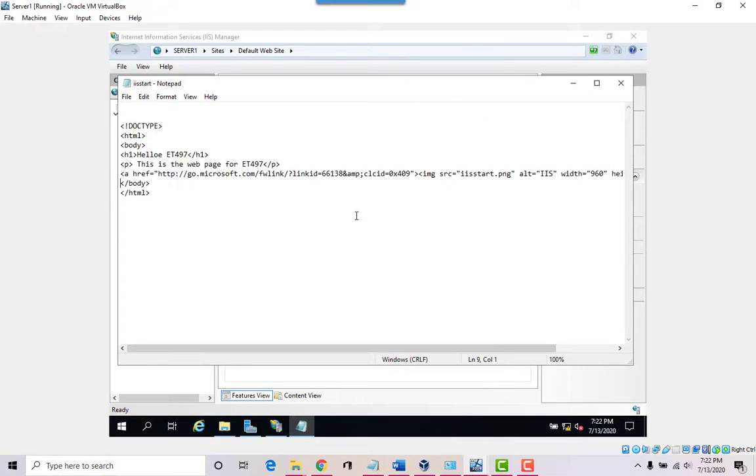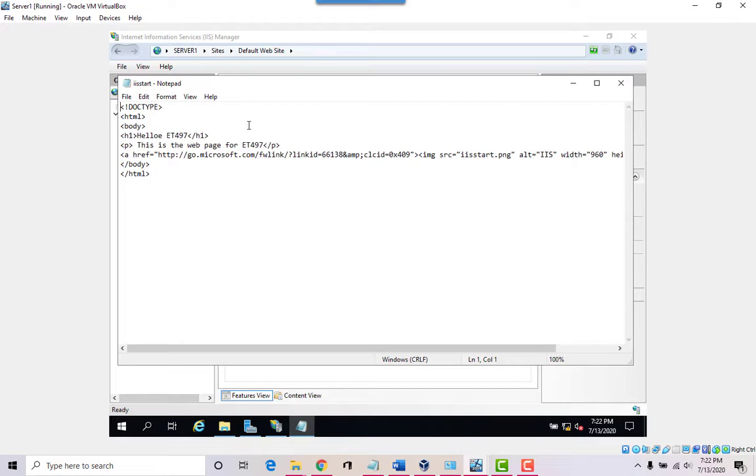Okay, so I typed in some HTML code, and it basically consists of certain tags that you have along the way. So like you know, you tell it that it's a document type HTML, this is the body, and you open the body, and then you close the body, right? So everything is open and close.